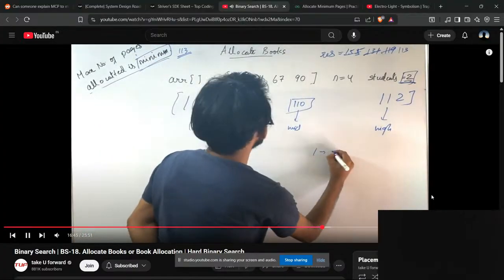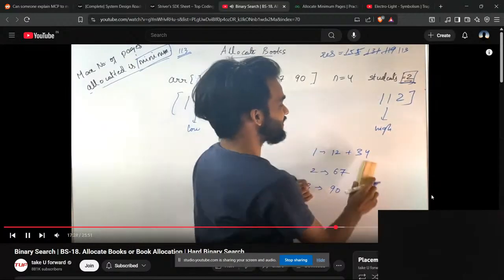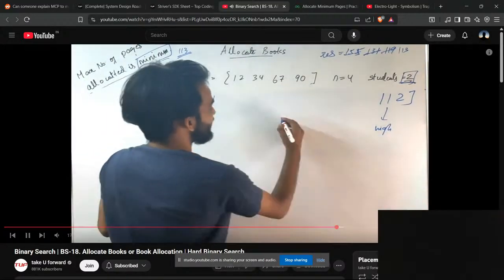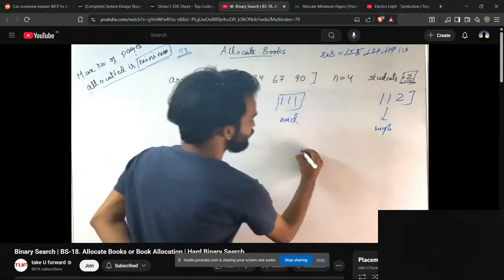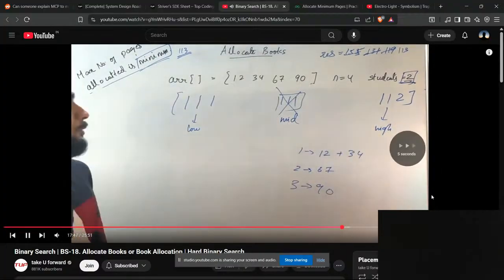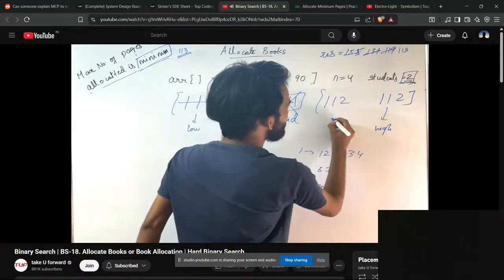So student 1 will take 12, 2 will take 6. Again, 108, 2 is standing at 113. So now the middle of this and this is nothing but 111. So let's try to keep this as a barrier, and let's try. Student 1 will take 12, 34. Yes, that's not possible. So this left half will get eliminated, and the search space will be trimmed down to